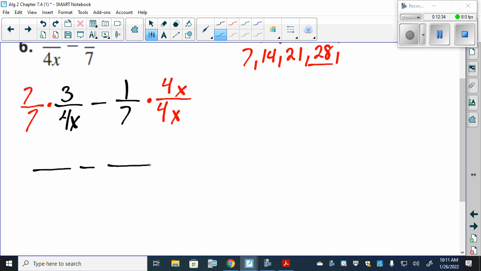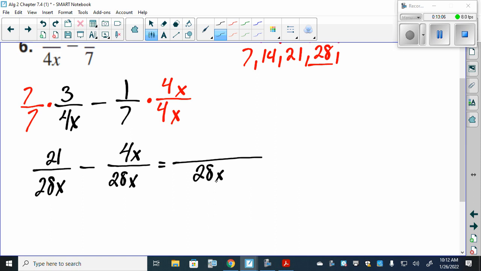So, for the one on the right, we can multiply top and bottom by 7. So 7 times 3 is going to be 21 over 28x. The one on the right, we're going to multiply top and bottom by 4x. Well, 1 times 4x is 4x over 28x. Now, at this point here, we can subtract the numerators,